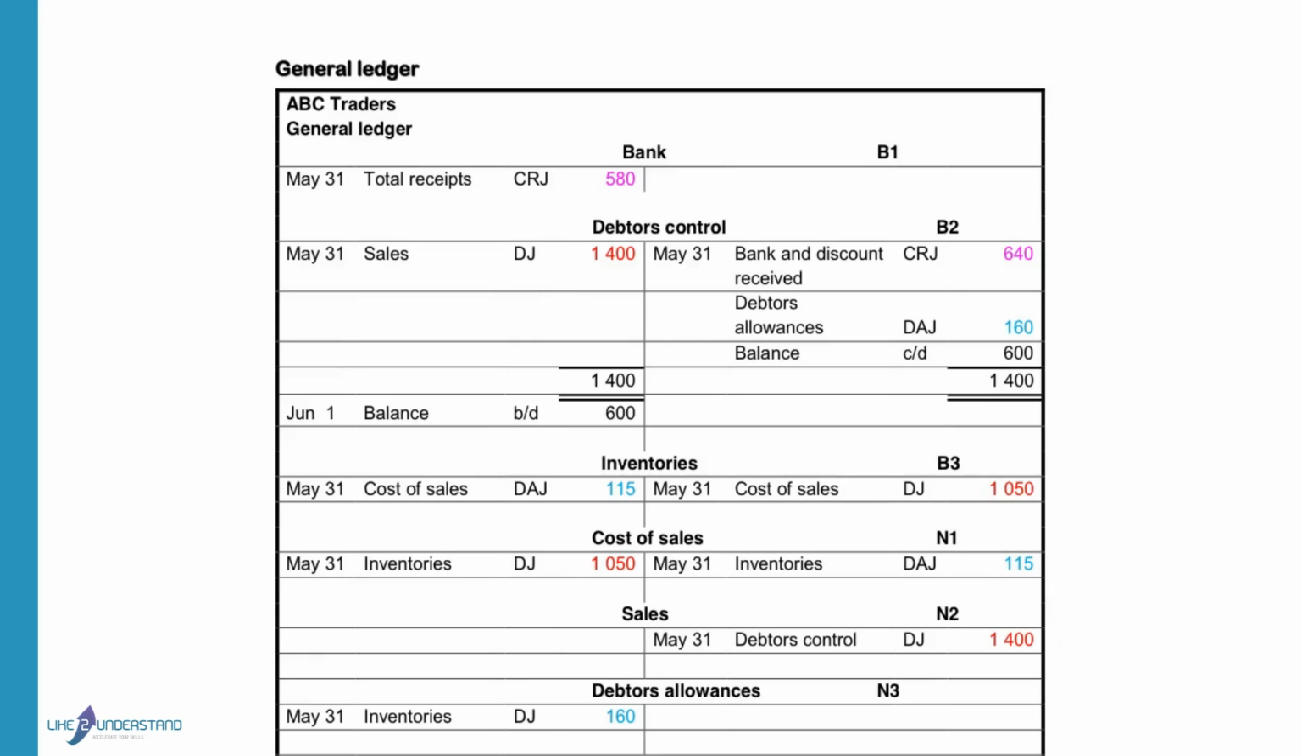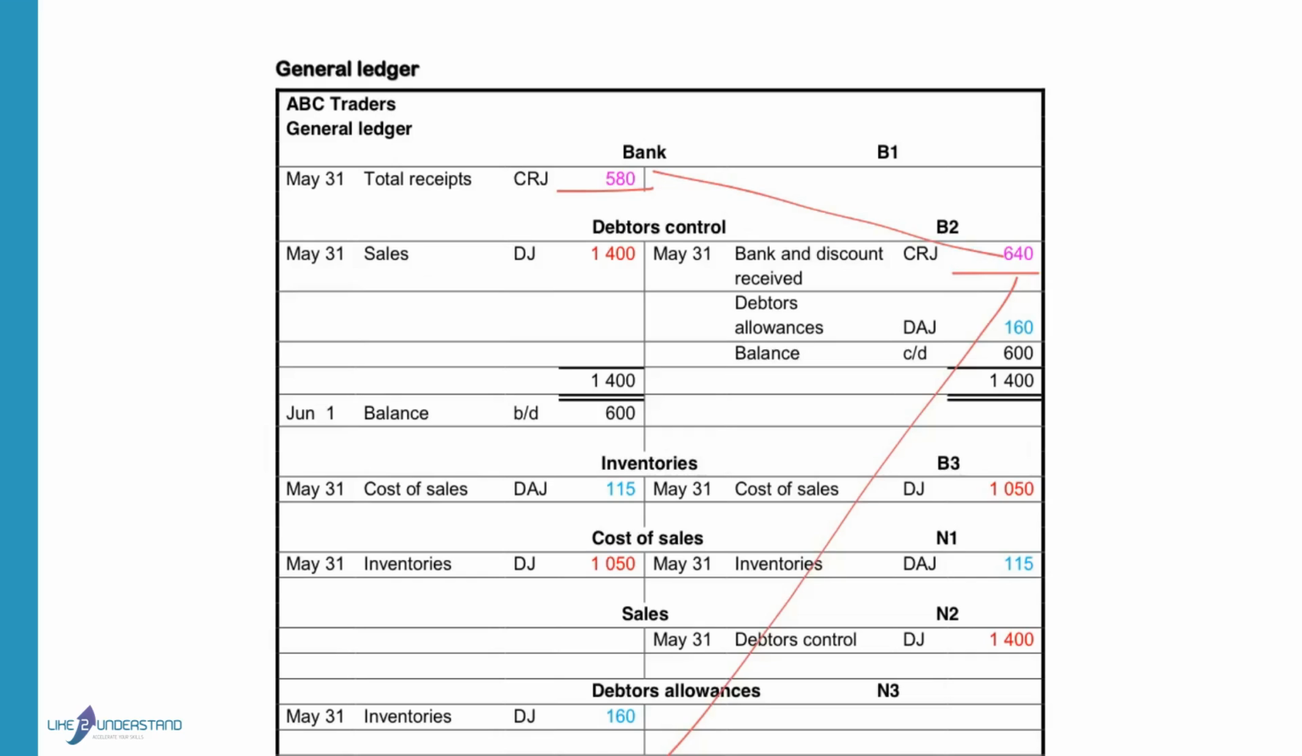So we will debit the bank with the total amount that we received. We have to show that the debtors owe us less money, so we will credit our debtors control with 640 Rand. This 640 includes the discount that was allowed. So we will debit discount allowed with 60 Rand, and the amount on the debit side, 580 in the bank, and the amount in discount allowed on the debit side will equal the 640 on the credit side to complete